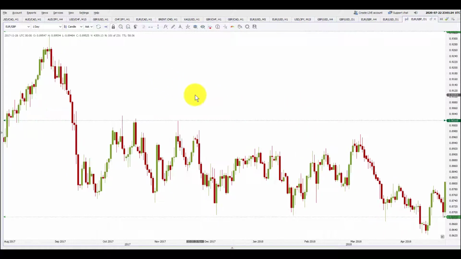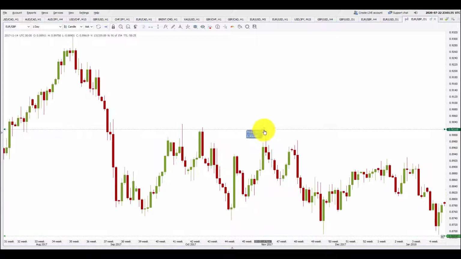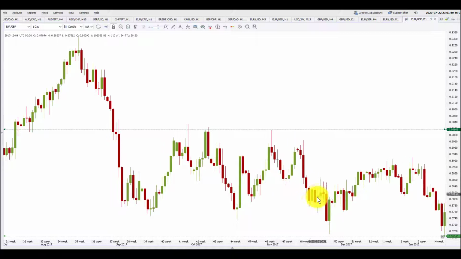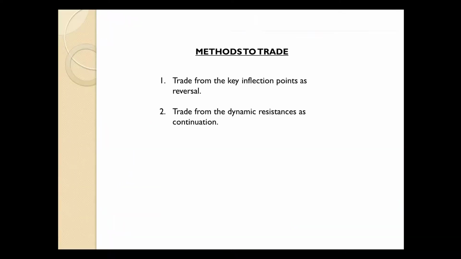More examples. Okay, this is the classic example. You can see here there was support, there was a resistance here, this was a continuation bearish pin bar, this was resistance, and finally from the resistance the price gave a bearish pin bar, and you see what happened next. So this is a very good candlestick pattern to trade, and this one you should keep in your arsenal.